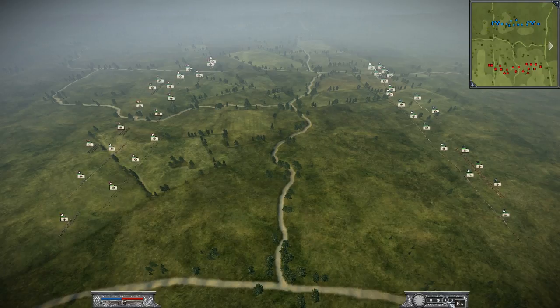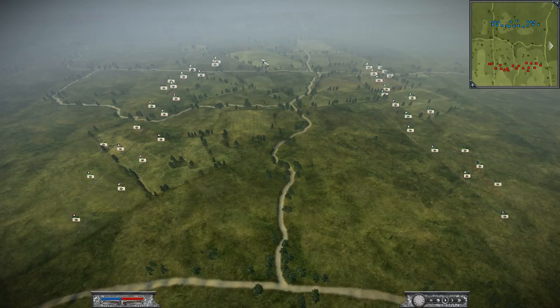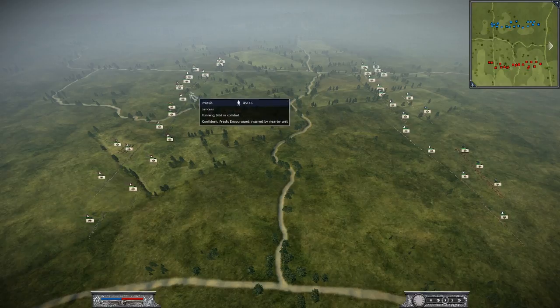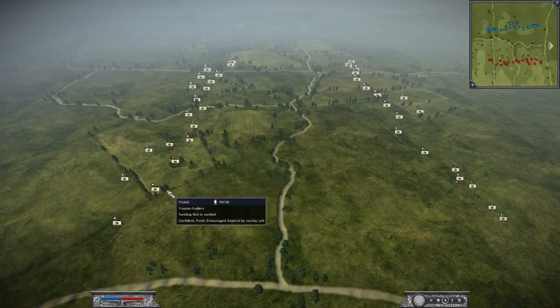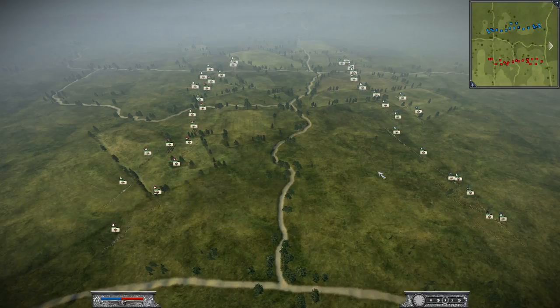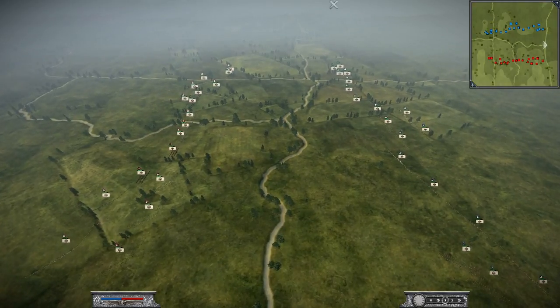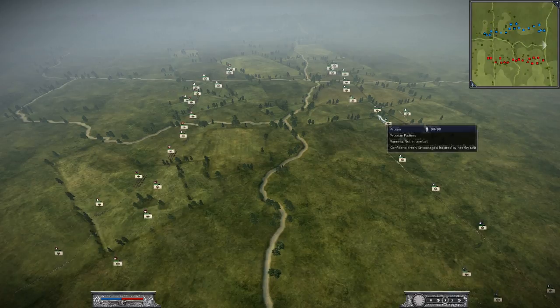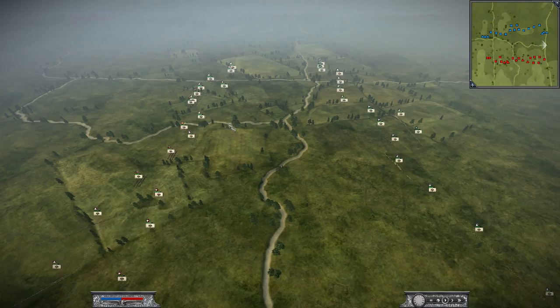Okay, here we go. So as you can see, we're just moving into the center, taking up position. He's moving his foot guards on the far flank, and pushing his fusiliers along this side. Now with my build, the reason why I call it a pin is what I try and do is basically bring my fusiliers up and try and pin my opponent's center,